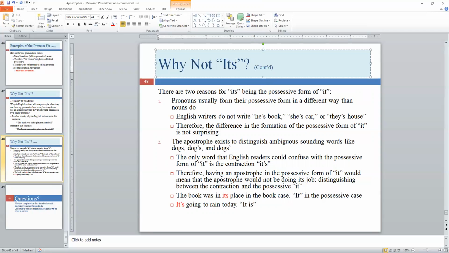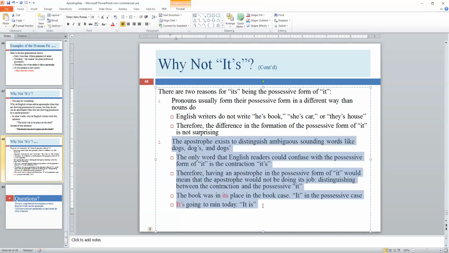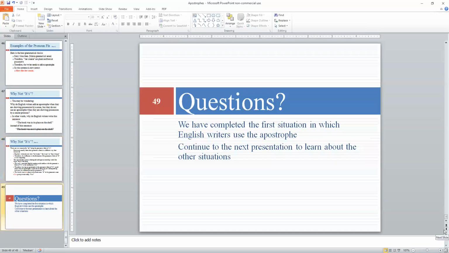Now, the lack of that apostrophe causes some confusion because many of us know we do the apostrophe when we use genitive case. And so it's easy to think, well, I should use an apostrophe when I'm using its, because after all, it's in genitive case. You're probably not using the term genitive in your head, but you know the general idea. So this is one of these areas where the grammar rule could have gone either way, but it went this way. I guess it stuck with the idea that we're using apostrophes to resolve ambiguity. And so remember, we don't put the apostrophe in its unless we're doing a contraction. I hope that this has helped. In our next presentation, we'll go forward and we'll resolve